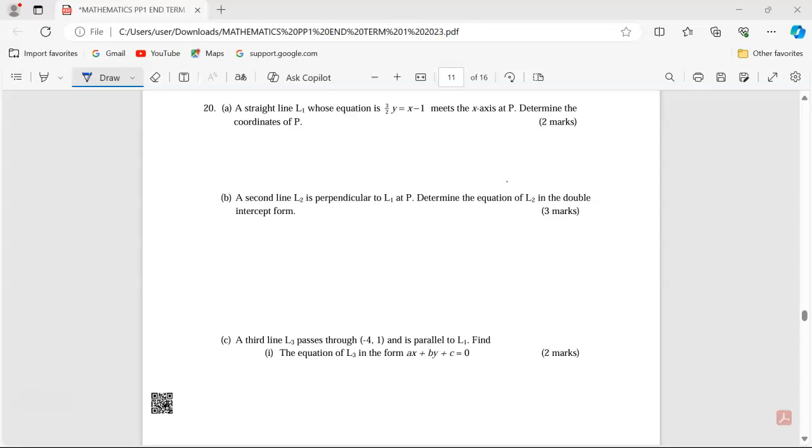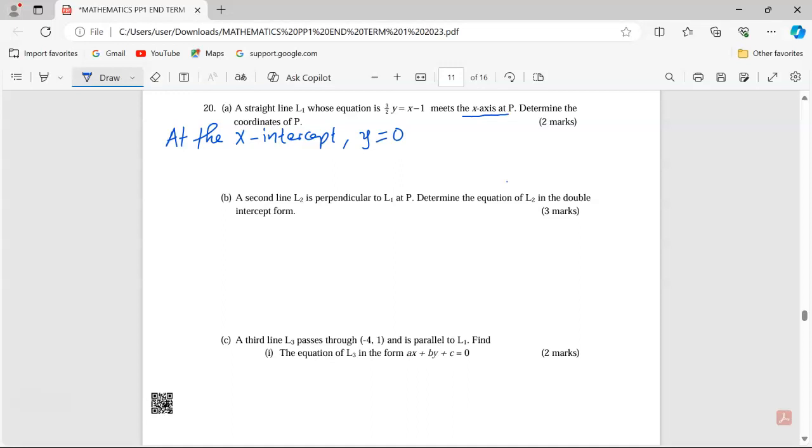Number 20. A straight line L1 whose equation is 3/2 y equals x minus 1 meets the x-axis at P. Determine the coordinates of P for 2 marks. The first thing we should know is that the point where a line meets the x-axis is usually called its x-intercept. So at the x-intercept,